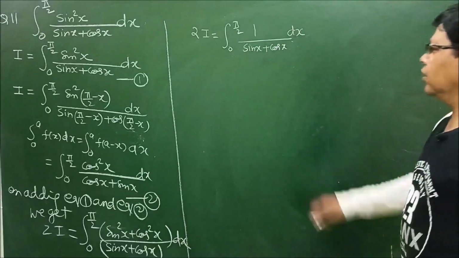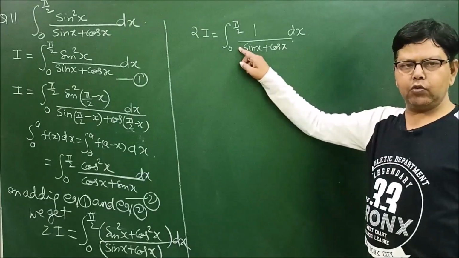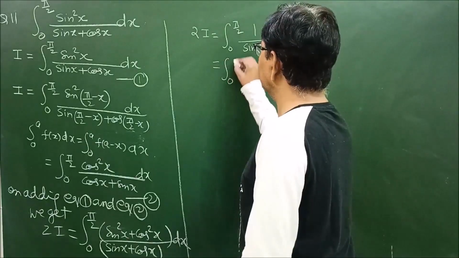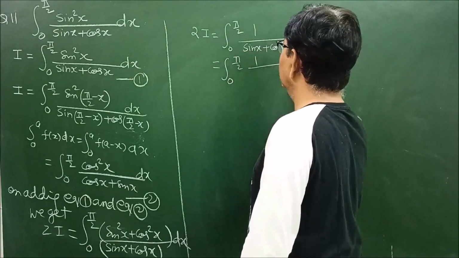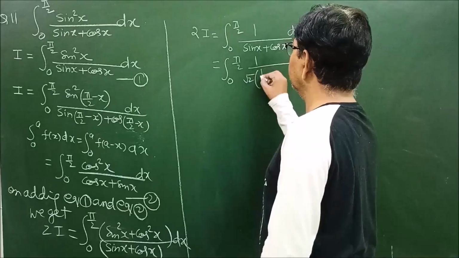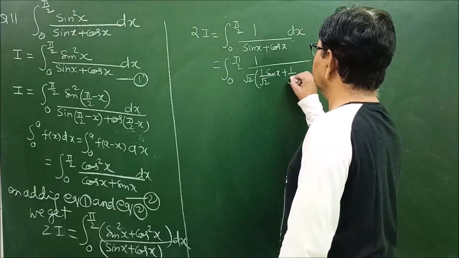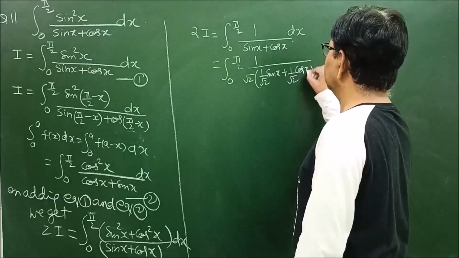Now multiplying by root 2 and dividing by root 2, so root 2 into 1 upon root 2 sin x plus 1 upon root 2 cos x dx,